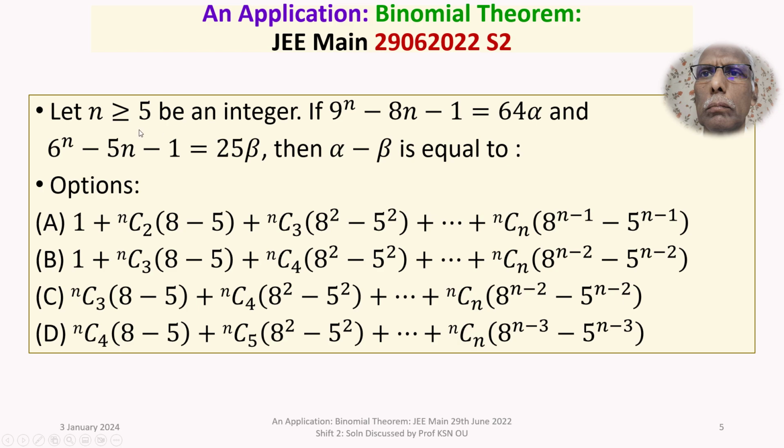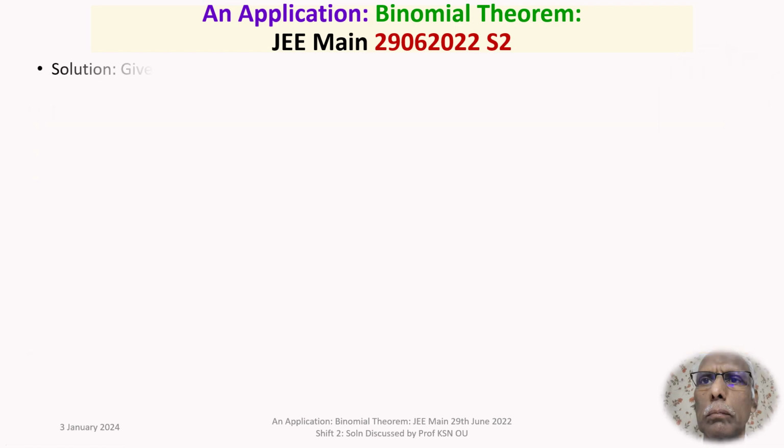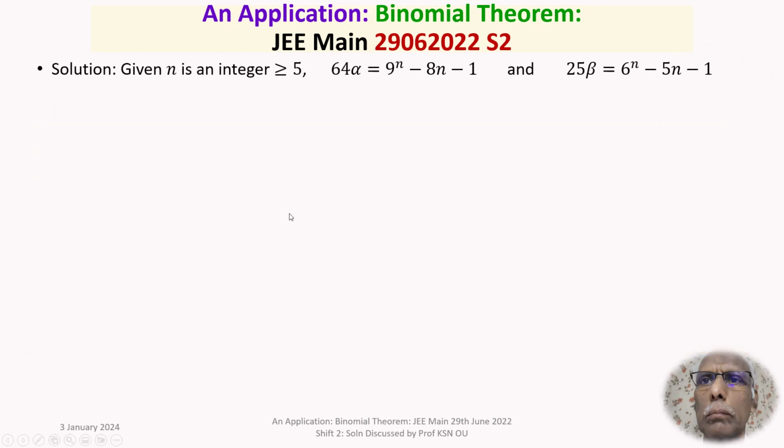We are given the integer n, an integer greater than or equal to 5, and it is given 9 power n minus 8n minus 1 is 64 alpha and 6 power n minus 5n minus 1 is equal to 25 beta. Then we are required to find alpha minus beta. We now discuss the solution of the problem in detail. We are given n, an integer greater than or equal to 5,